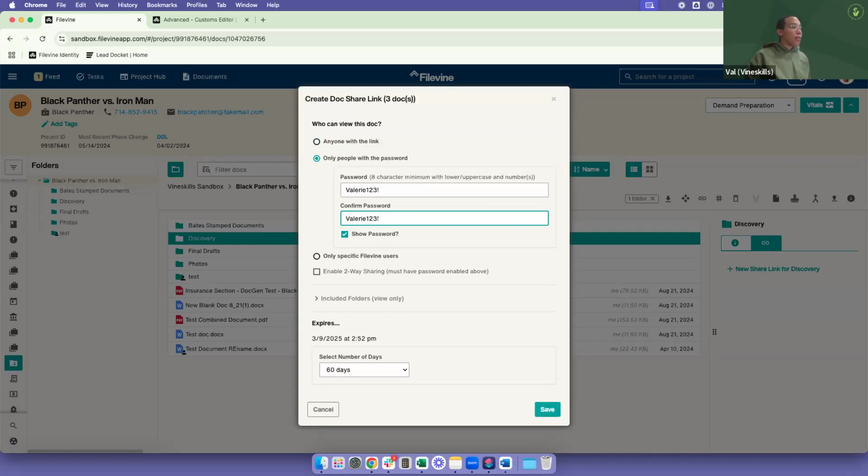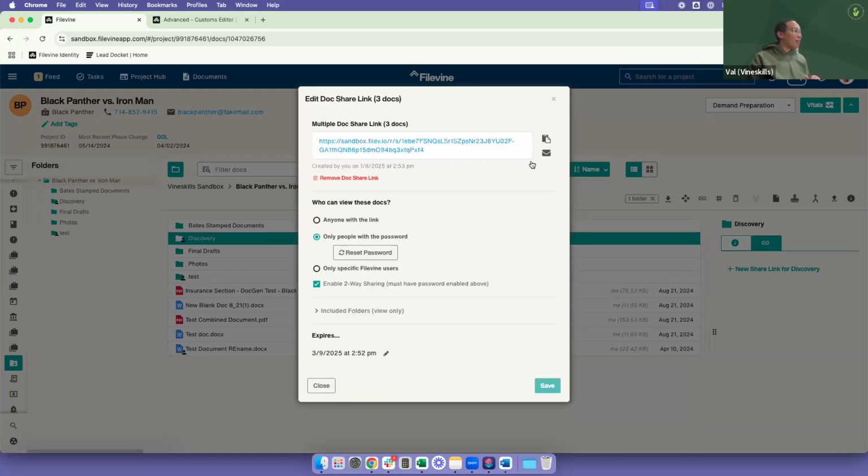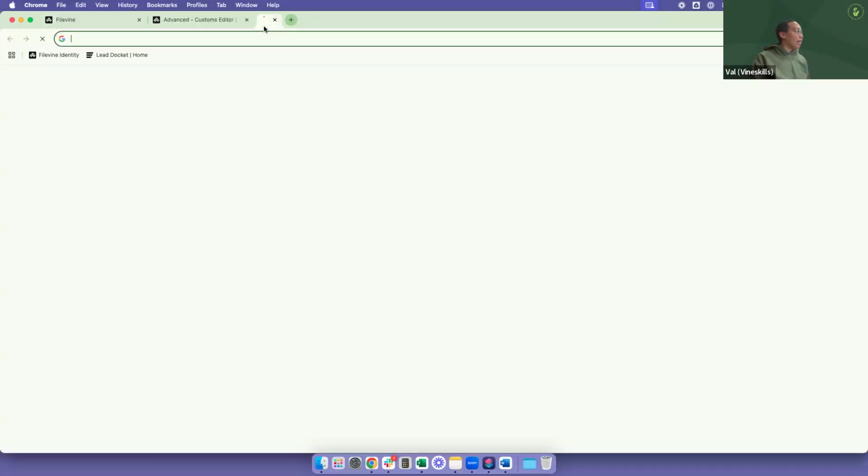Now, what this folder is going to allow us to do is a two-way share. A two-way share is really fun because we can give a document to this external party and they can give us documents back that are going to upload directly into our organization. Again, I can't edit the things that they're sending me. They can't edit the things that I've sent to them. We're just giving each other documents. So again, I'm going to keep this for 60 days. When I copy this link and open it,